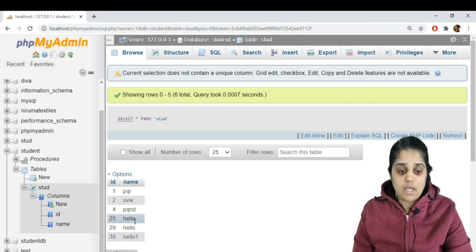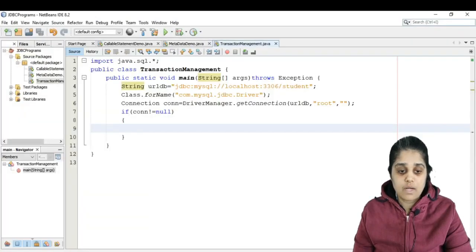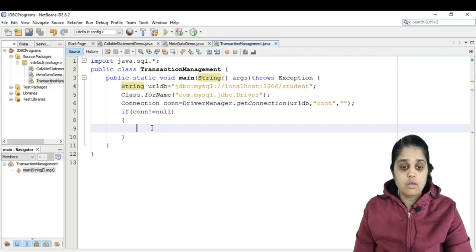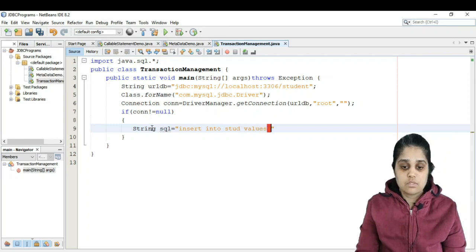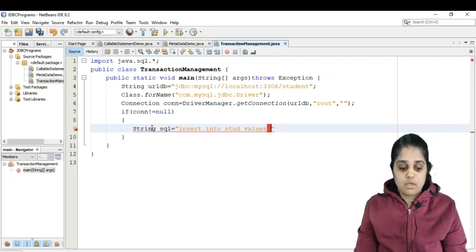Okay, so I will start with this program. First of all, I will write an SQL query: insert into stud values, say 15 and PQRSTUV. This is the data which I want to enter.